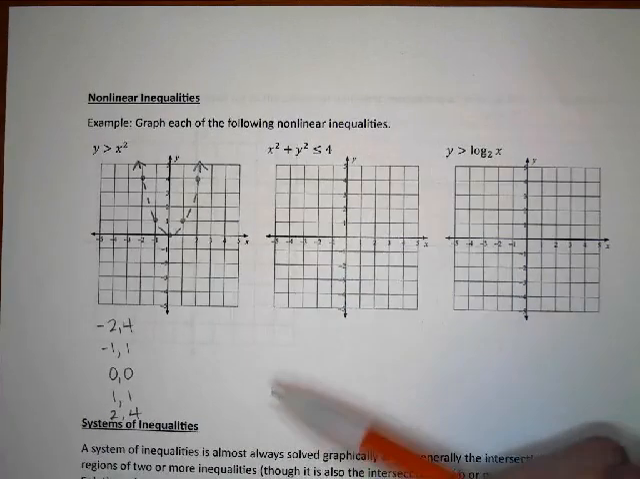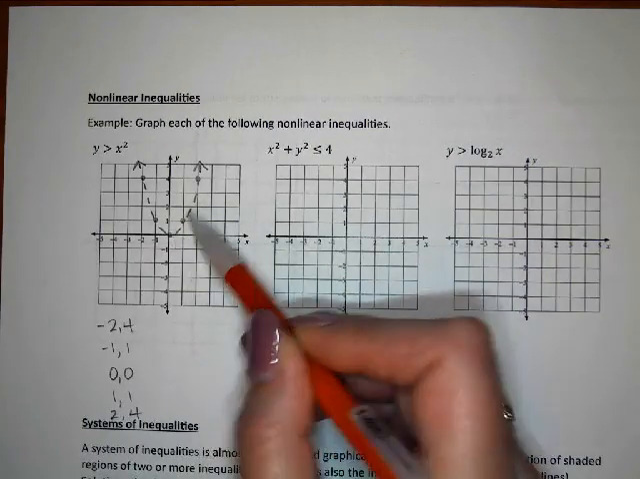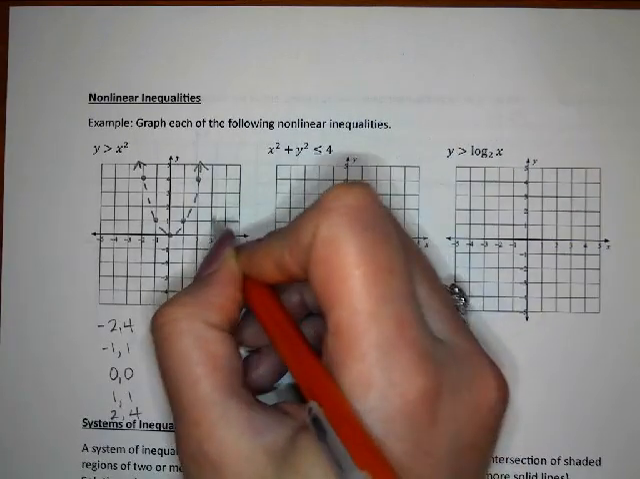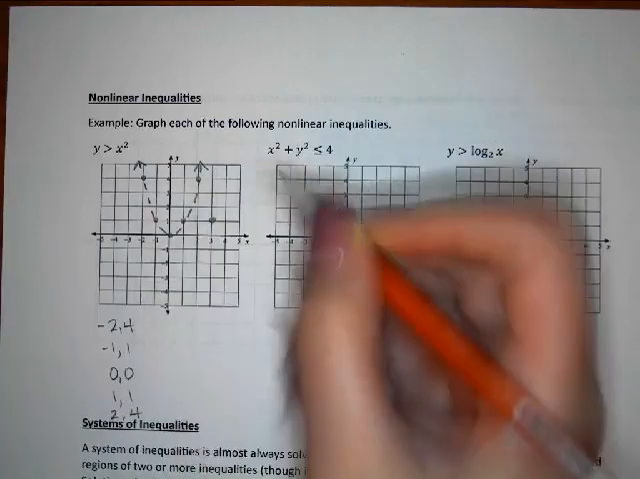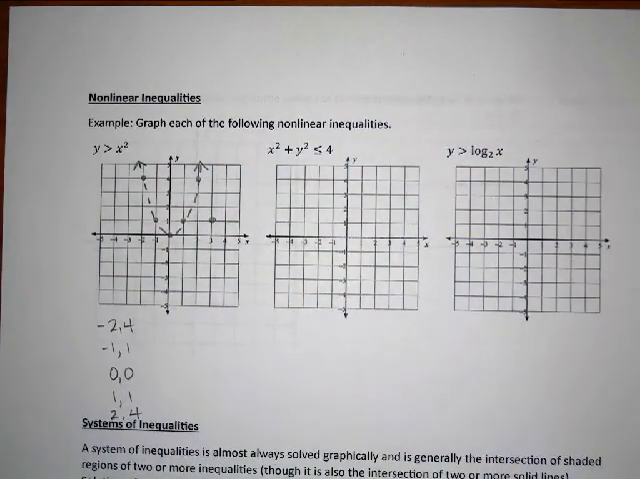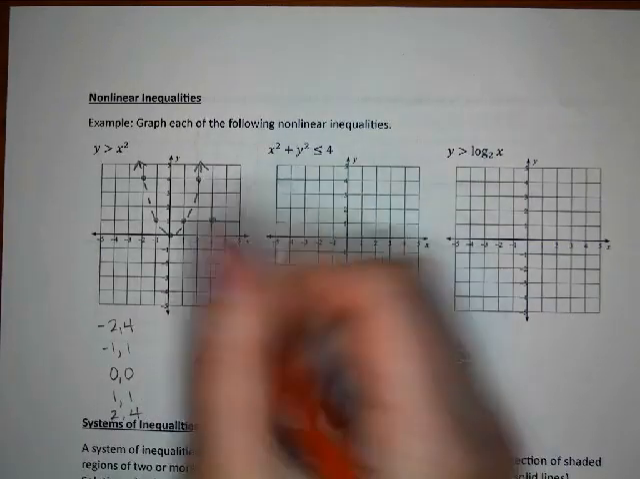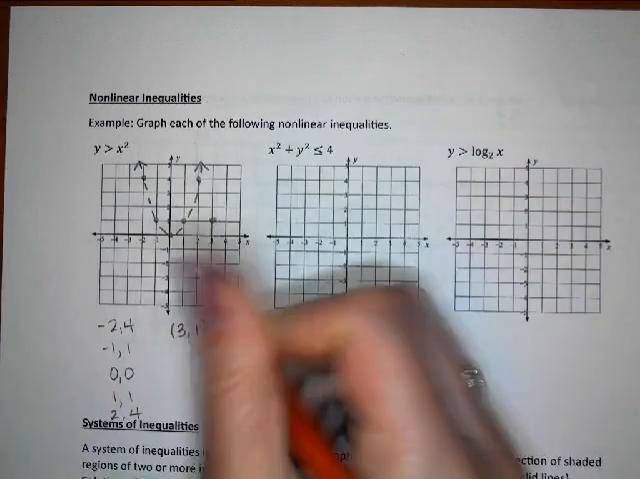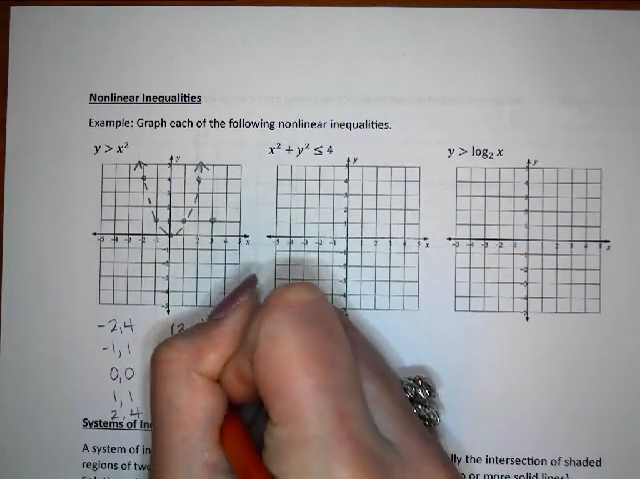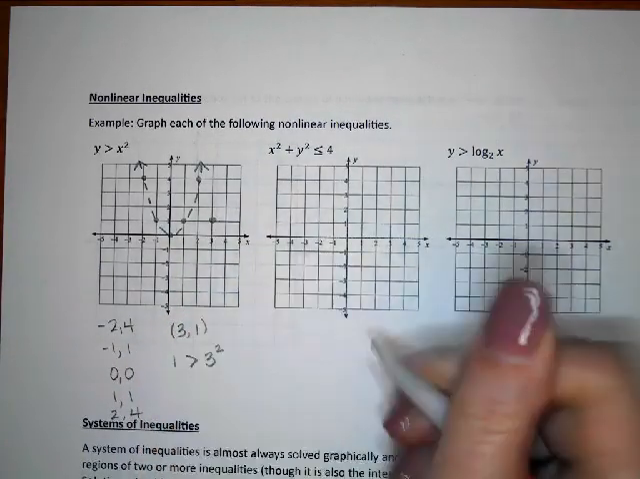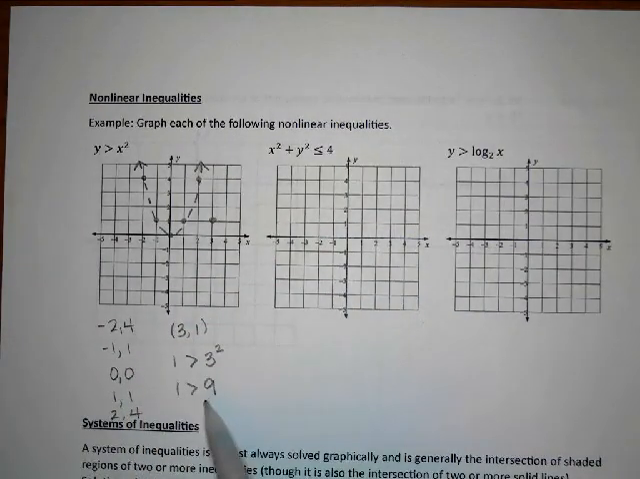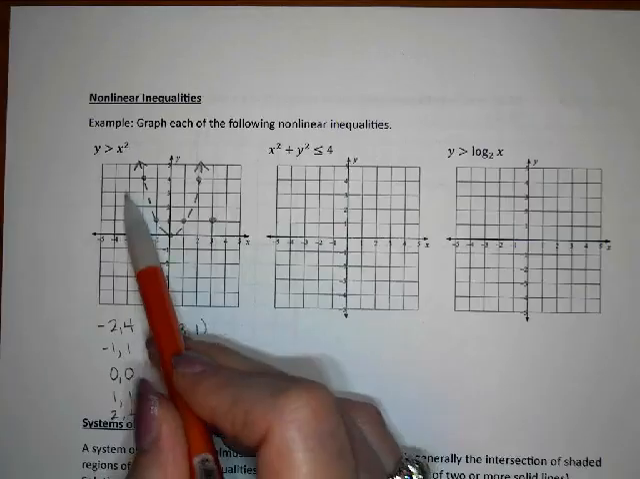So I can't use 0, 0. I can't use 1, 1. Another point that would be easy to plug in, I tend to like to plug in positives just so that I don't make a mistake with negatives. But you can really plug in any point you want. So I'm going to use 3, 1. I'm going to plug in 1 for the y value and 3 for the x value. 1 is greater than 9 is false, and so I'm not shading the outside of the parabola,